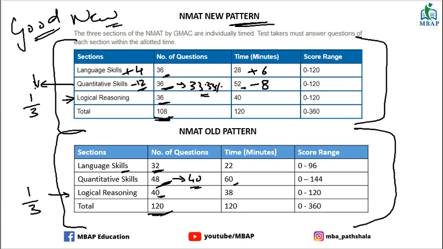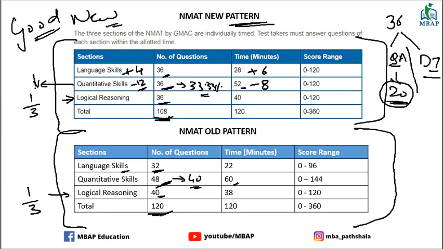The main takeaway is this: understand, guys, that these 36 questions will also be broken down into data interpretation and quant. So even if I take around 10 to 15 questions on data interpretation, you end up with only close to 20 questions on quant. That was not the case earlier. Earlier you got a good amount of quant questions, close to around 30 questions at times. So this is a good change.